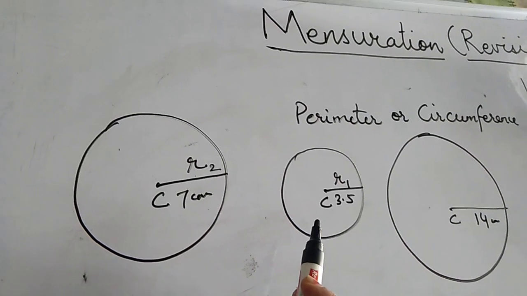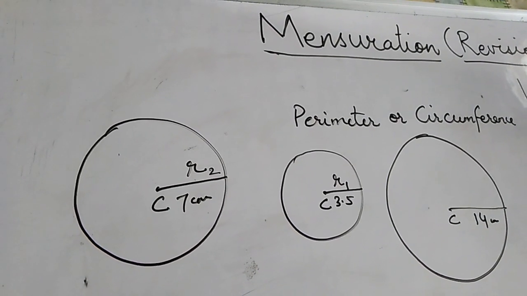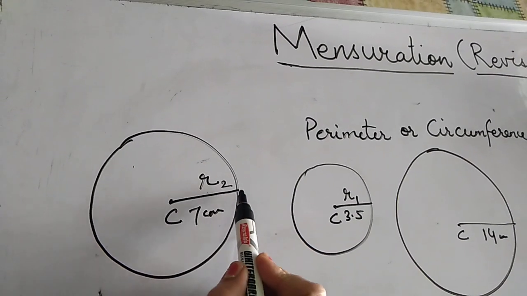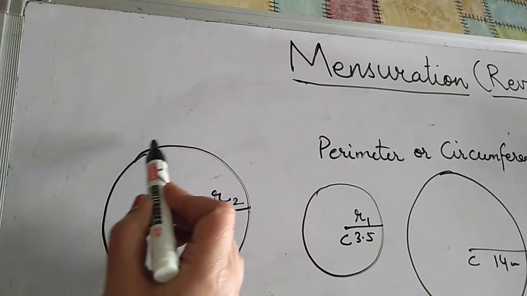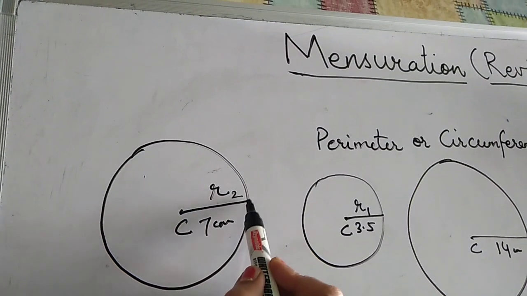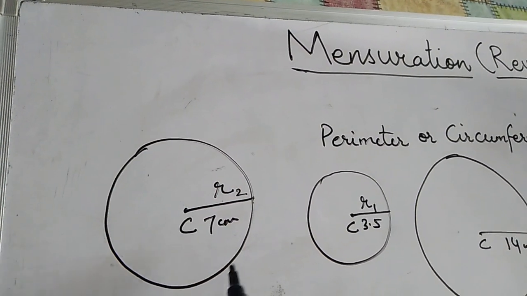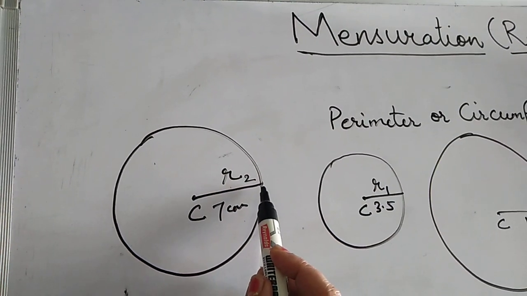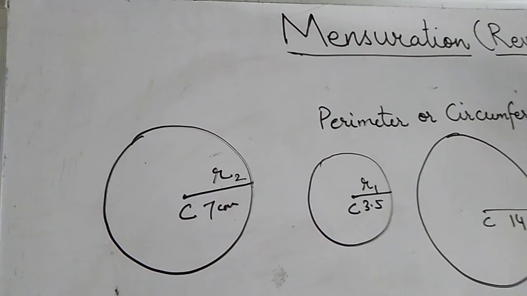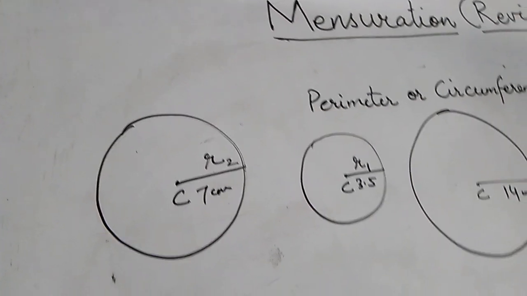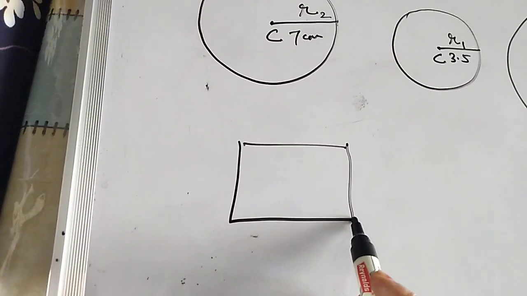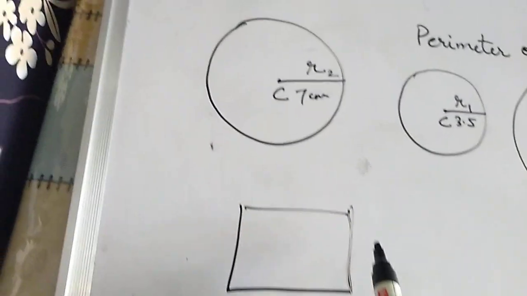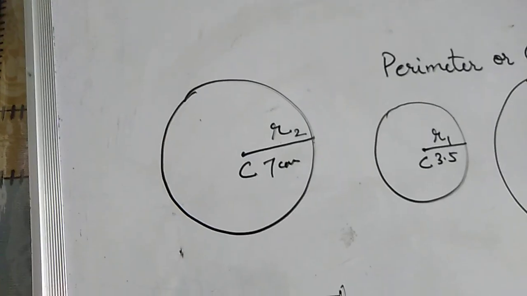And now what he did is he took a thick inelastic thread, which doesn't have elasticity, and he stuck this thread over the outer boundary, because you cannot measure it with a ruler directly. Can you measure the length in case of a rectangle? Yes, you can measure with a ruler. This is the length, 5 centimeters, this is 2 centimeters. It's easy to measure with a ruler. But how to measure this curved boundary?